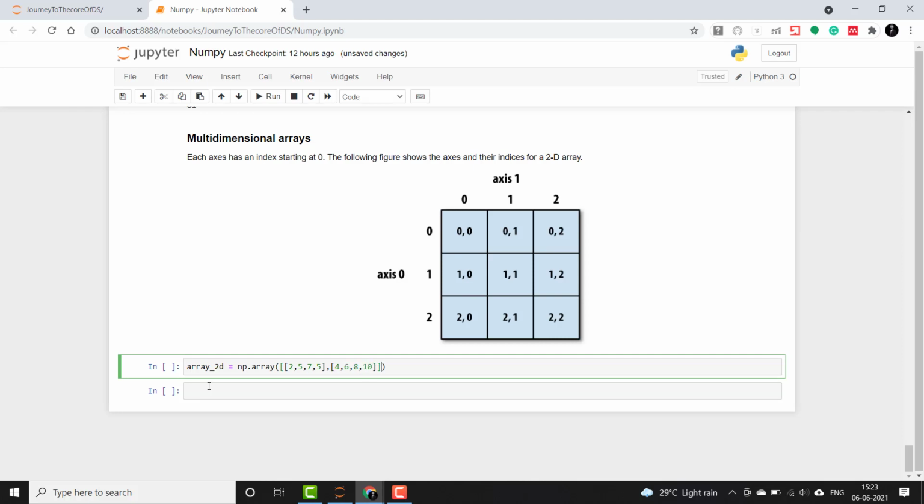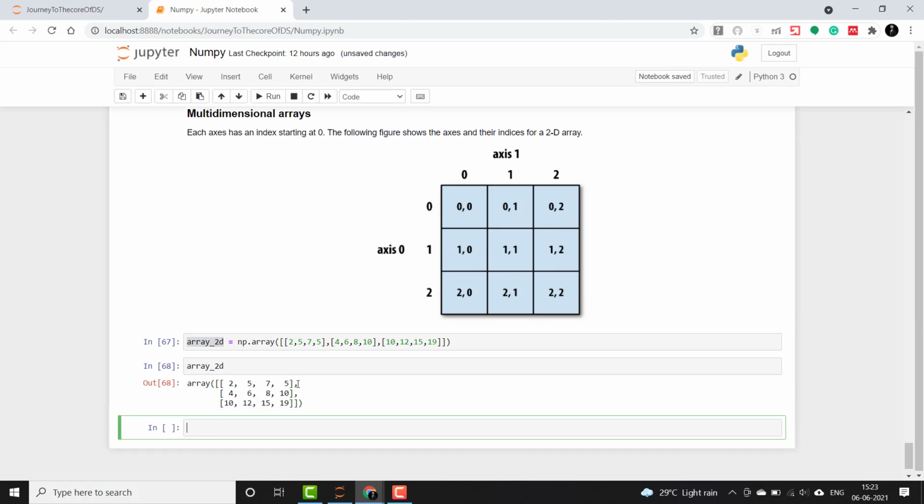And then this is the last row, representing 10, 12, 15, 19. Now let's print this and check. Exactly, so 3 rows and 4 columns.